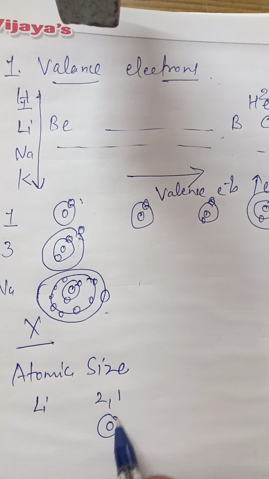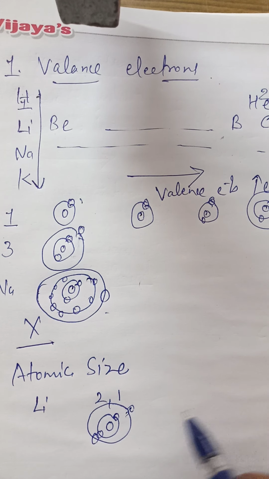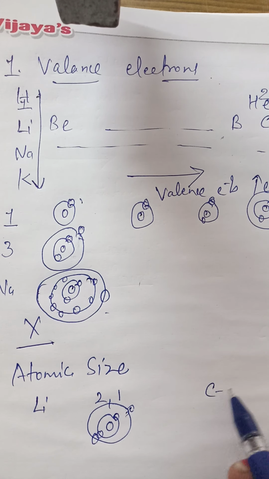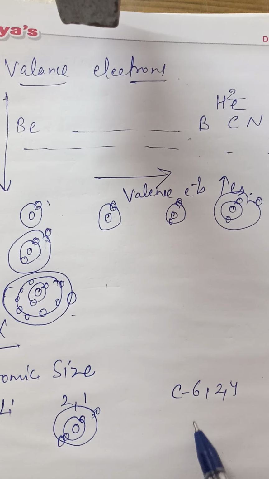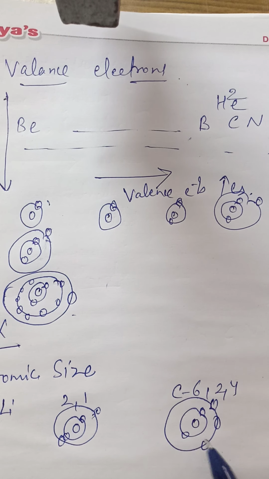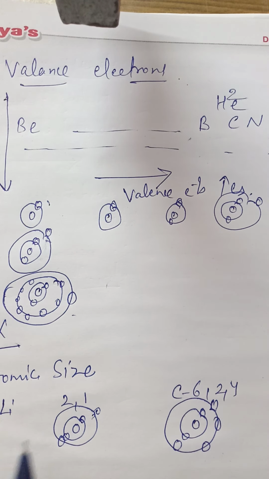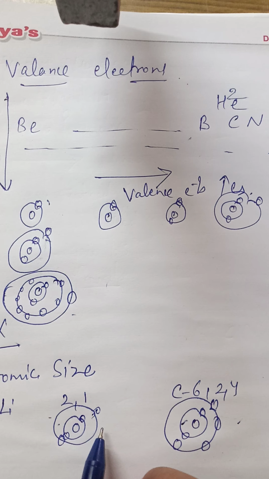Carbon has atomic number 6, and its electronic configuration is 2, 4. So electrons are occupied in the same shell, so atomic size does not increase,